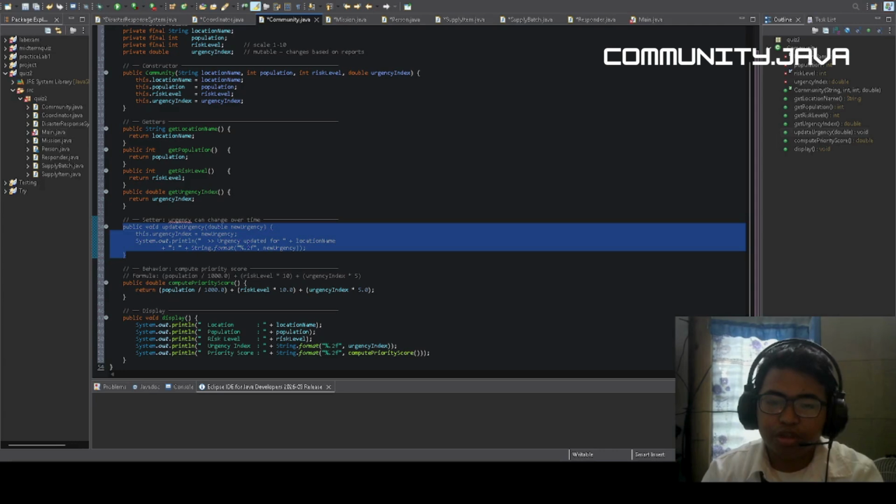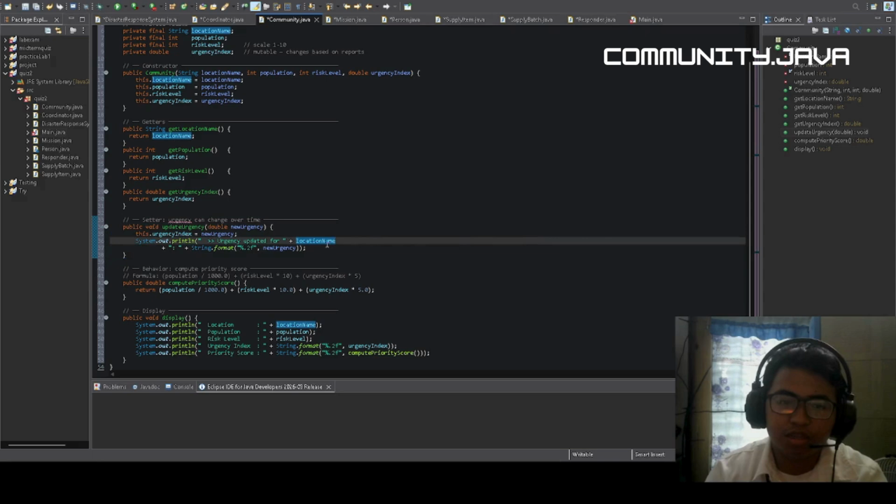This method also prints a message showing the updated urgency for transparency, for the location name.